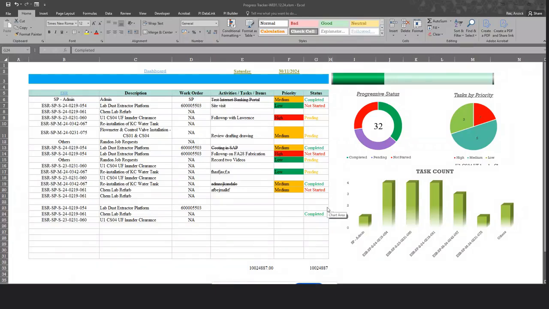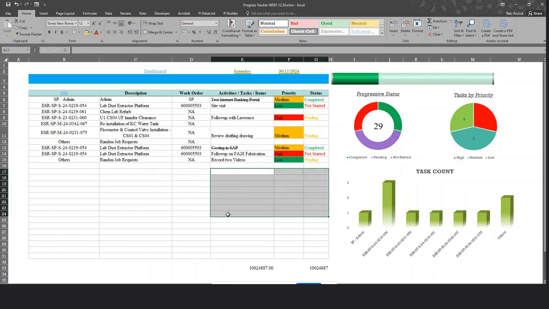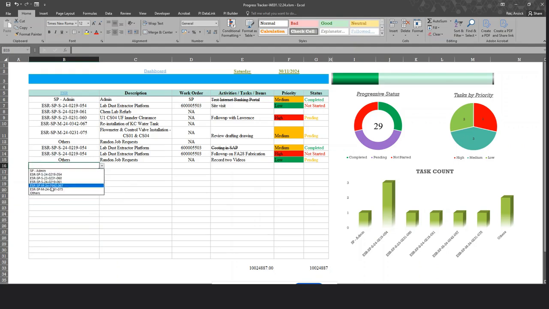Today we're gonna be looking at data validation. So this is just the dashboard I've created that we'll use to show you what data validation is. On this column here, I've already put in data validation. So if I select one of these values under this column, ESR,